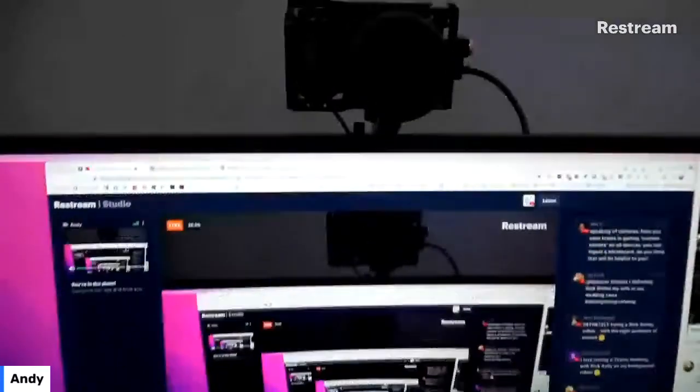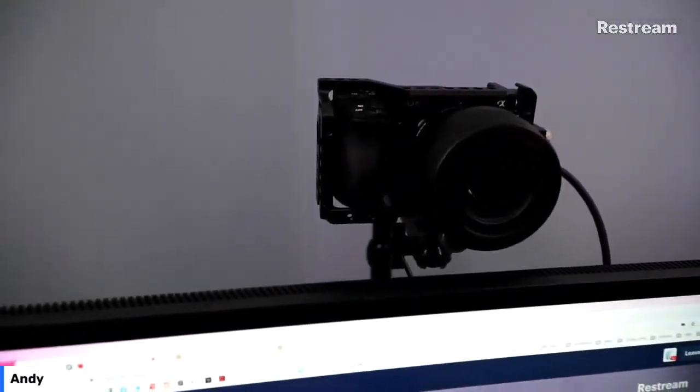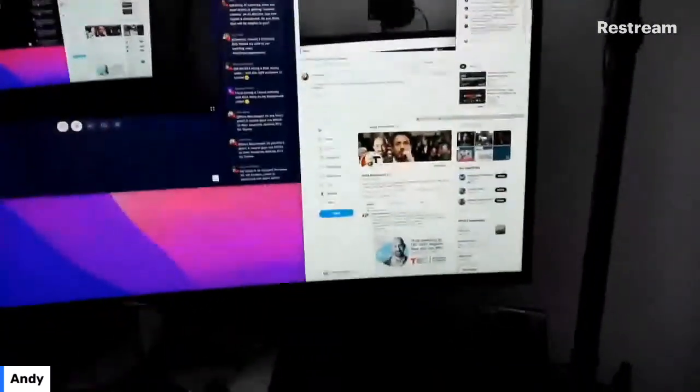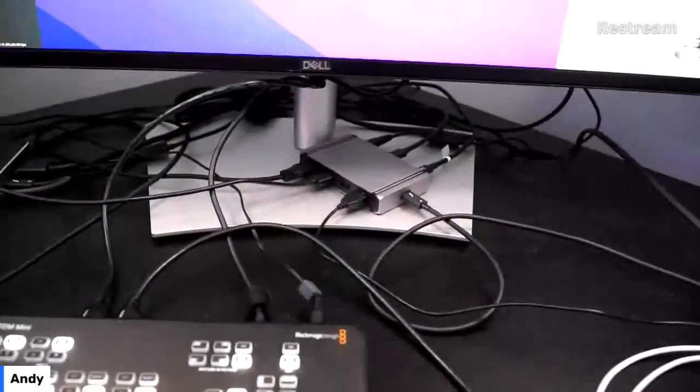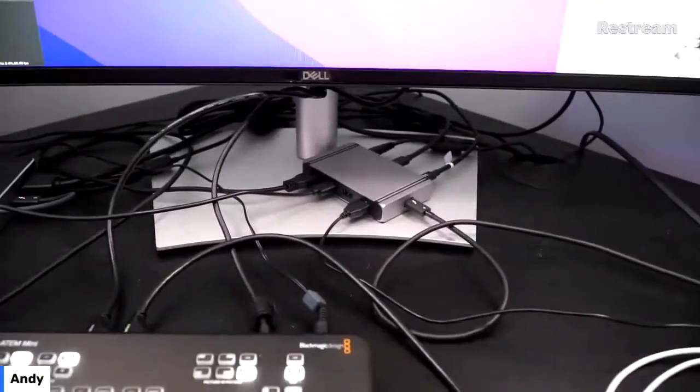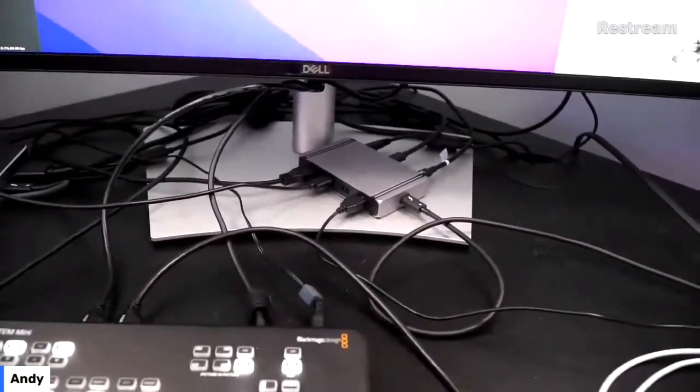And then got the Dell monitor, and there's the Sony A6500. That's the main cam that I'm working with. And then I'm running through, I think it's a newer CalDigit Thunderbolt 4 hub. It's small, really powerful, and I've got a Kingston one that I use over there.